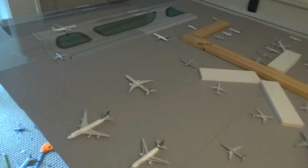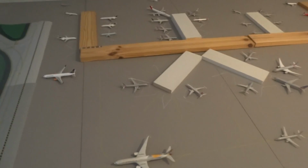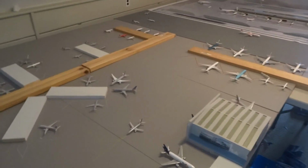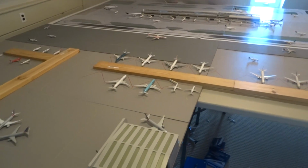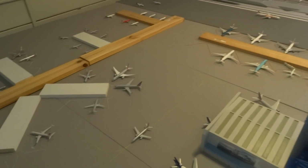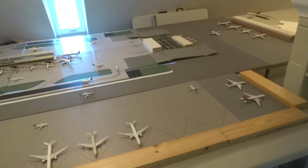If you were wondering, because I see a lot of people use their basements or just wherever they are, but yeah, I got to use the attic. So yeah, this is basically supposed to represent Chicago's O'Hare International Airport. So if you're wondering just a little bit about the design of that airport,